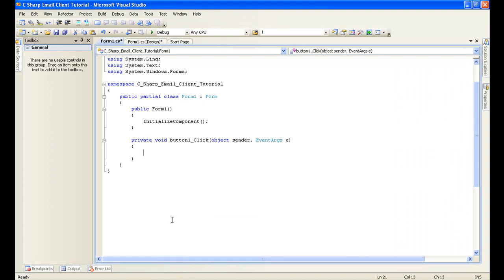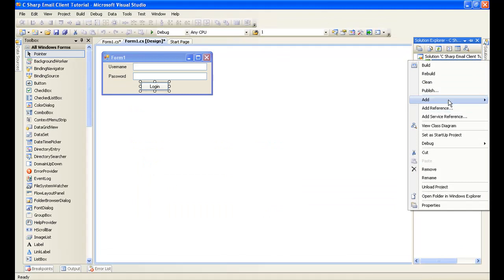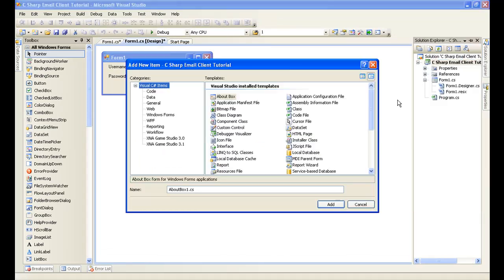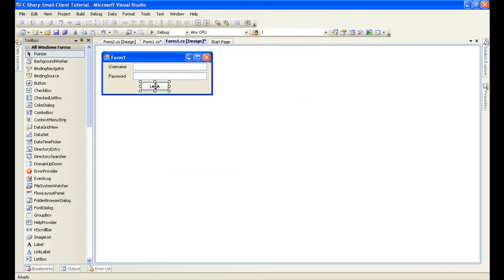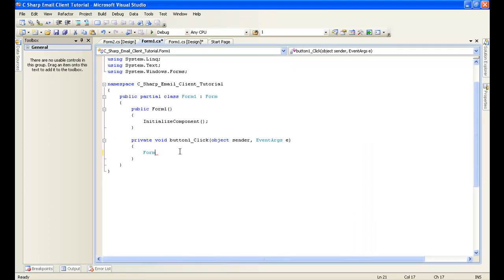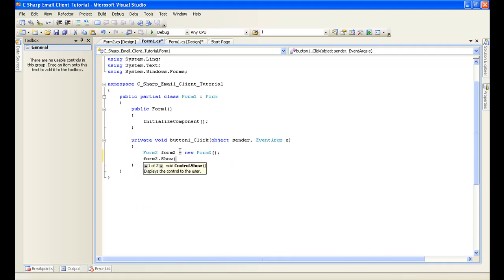And we're going to go back to Form1.cs design and Solution Explorer. On the project, you're going to want to right click, add new item, scroll down and find Windows Form. And then go back to Form 1 and type Form2 form2 = new Form2(); Form2.Show(); And then once you have that typed out, basically that's just going to open the new form on the button